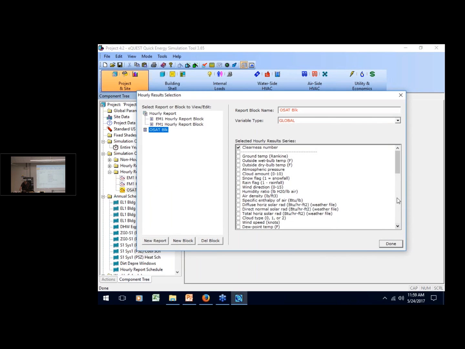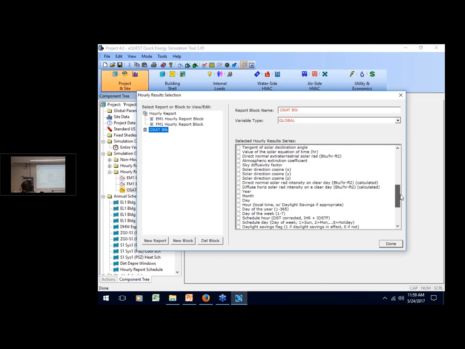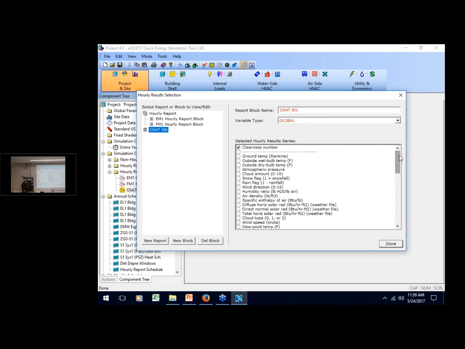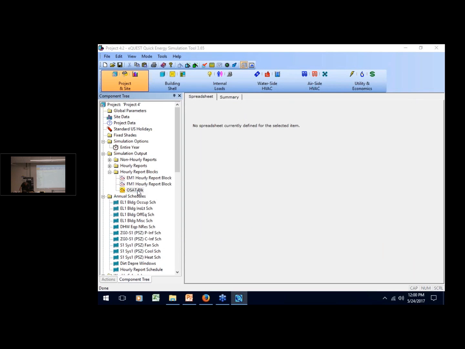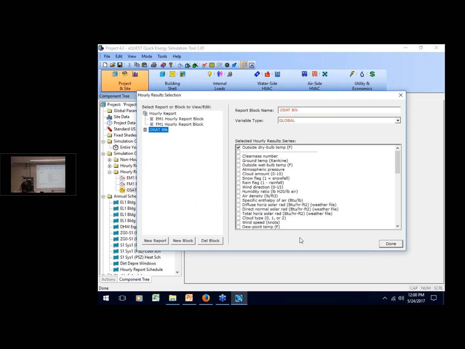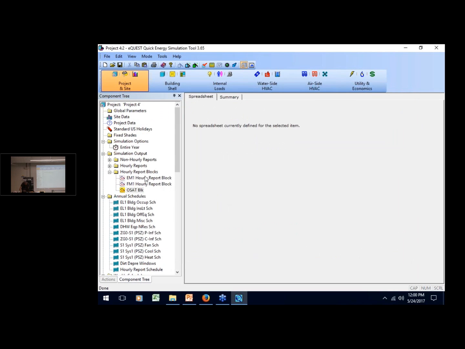You can see here are all of the variables that you can extract from the weather file: wet bulb, dry bulb, ground temperature, cloud amount, wind direction, absolute humidity ratio, solar radiation, wind speed. If you want to do climate analysis, this is one way to do it. It's not the only way, and it's not the only data source. In this case, I'm just going to specify outside air temperature, and I always double check that it actually took. So I'm going to extract outside air temperature